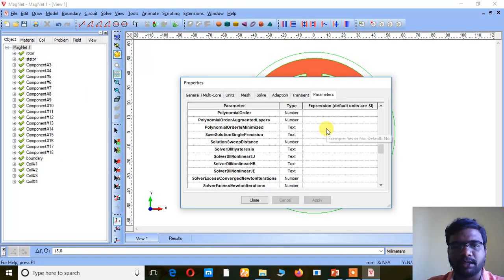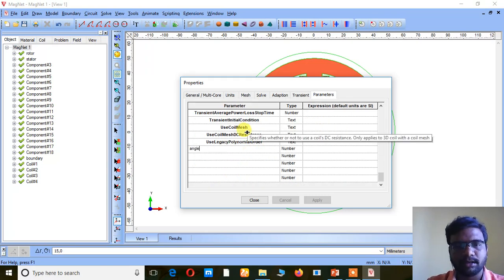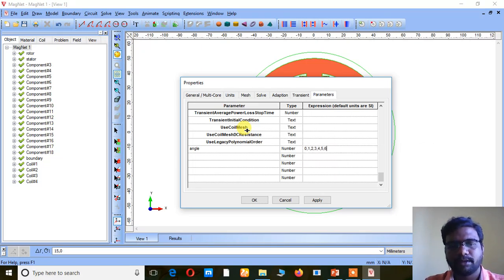Go to the parameters of the file properties and give it as an angle, and give it as 0, 1, 2, 3, up to the value of the step angle. I am just rotating up to 40 here.